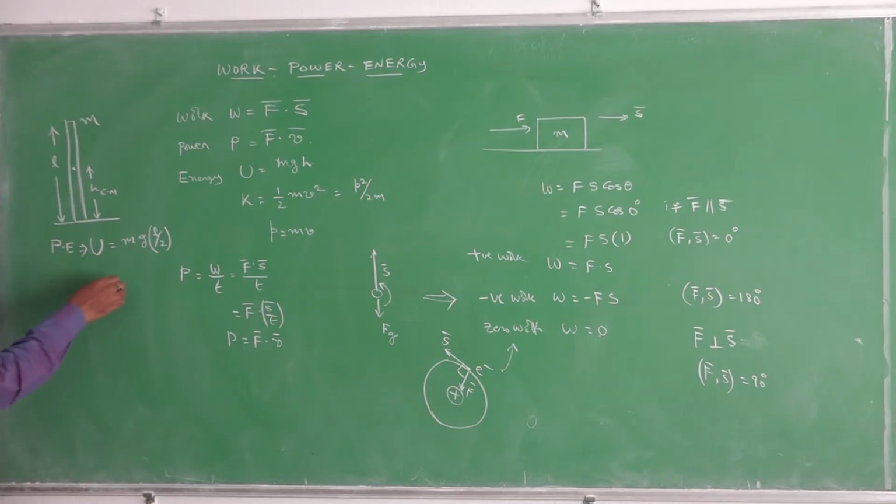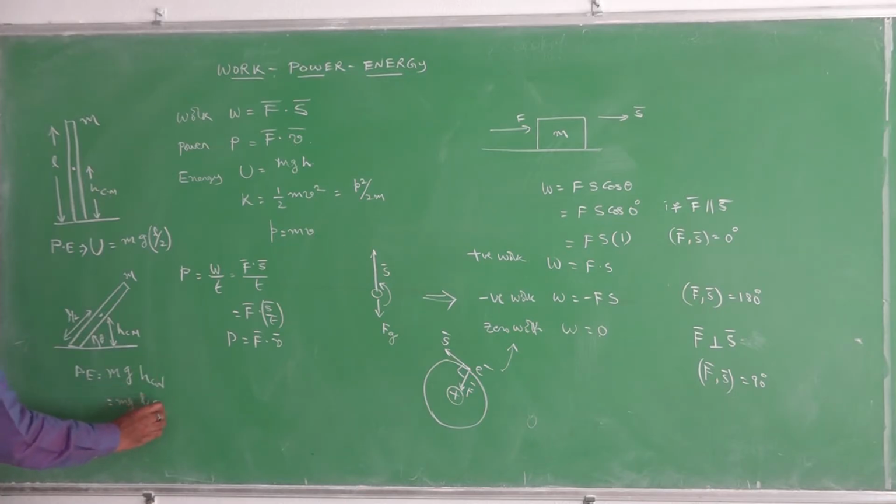The same scale, if you keep it at a position like this by making some angle theta here, then its potential energy can be taken like this. Here, this distance is L by 2. Height of center of mass of the object is like this. So m is the mass of the scale, g is the acceleration due to gravity, into height of center of mass, that is mg L by 2 cos theta.